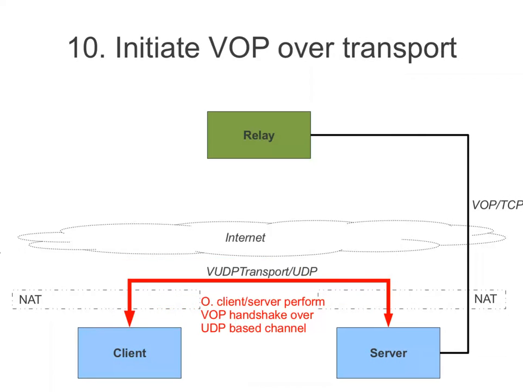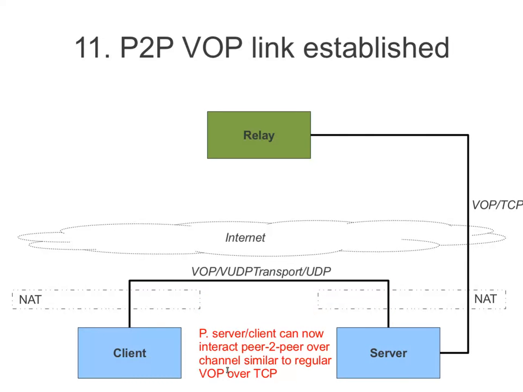Assuming that connection is successful and the client and server are able to discover each other, they now have a VUDP transport channel enabled, and typically the client and server will want to then initiate a Versile Object Protocol link over that transport in order to make remote method calls over VOP. So this would be a regular VOP link handshake, similar to how it is achieved over TCP, after which the